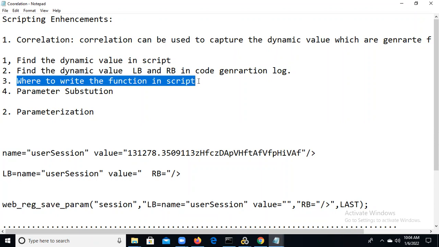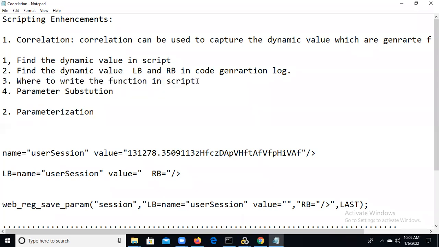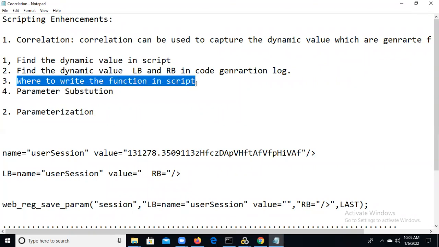In scripting, correlation is one of the important concepts. The major work we can do in scripting is correlation, because parameterization is very simple. Simply we can do it in parameterization, but some critical things we can do in correlation only. So each and everyone listen carefully. The third point, what is that? Where to write the function in our script.